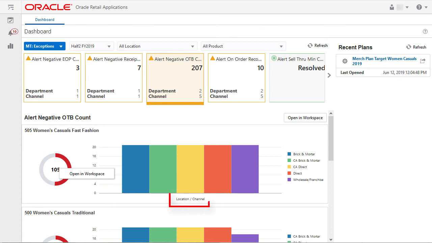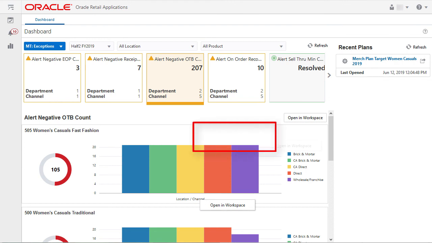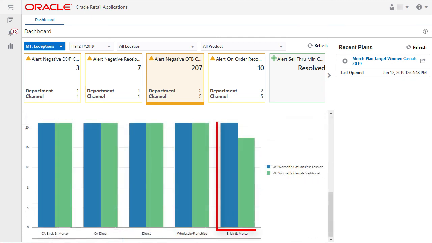If you right-click on a location bar in the top charts, the selected product and location will override the selection in the filters. If you right-click on the background of the top chart, the product will override the selection in the product filter. And finally, if you right-click on a bar on the last or overview chart, the selected product and location will override the selection in the filters.